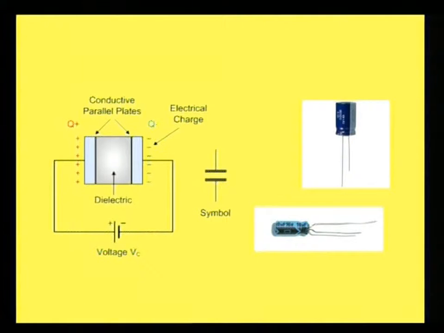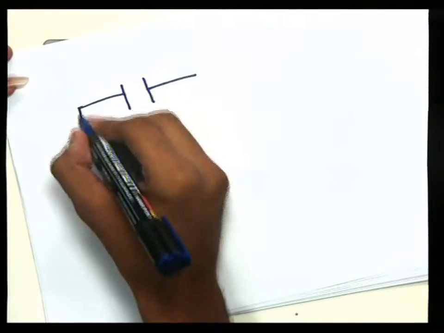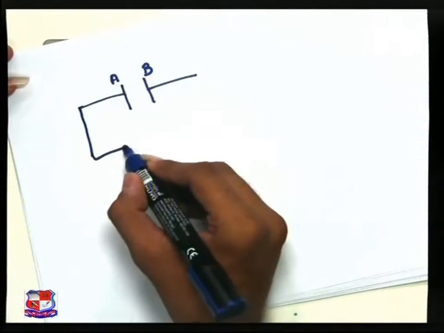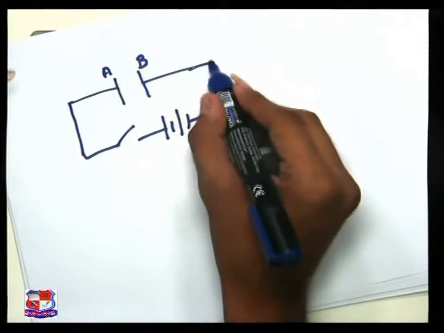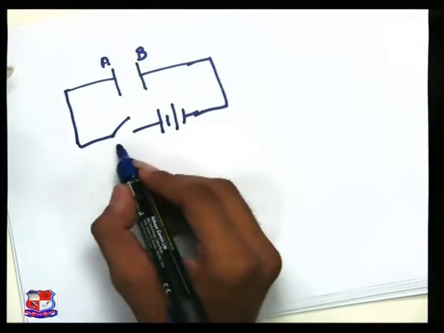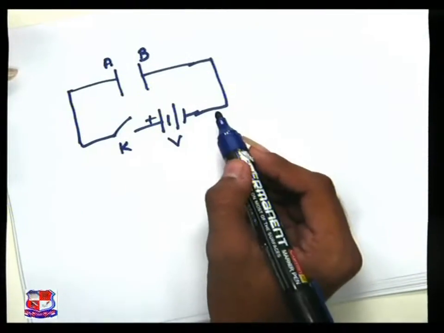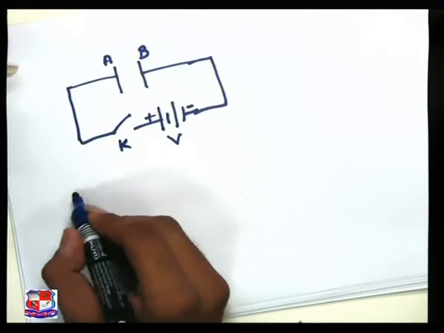Now we are going to see how a capacitor stores charge. This is a capacitor with plate A and plate B. Here I am giving a switch K, and a voltage source. This is the positive end of the battery, and this is the negative end of the battery. When the switch is closed,